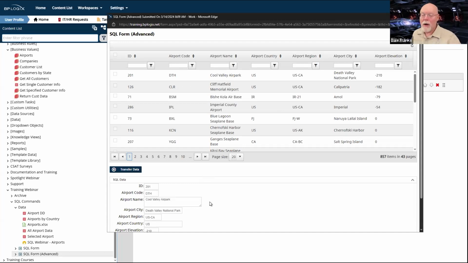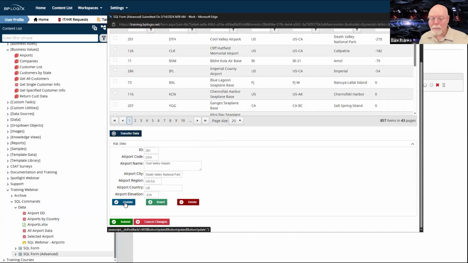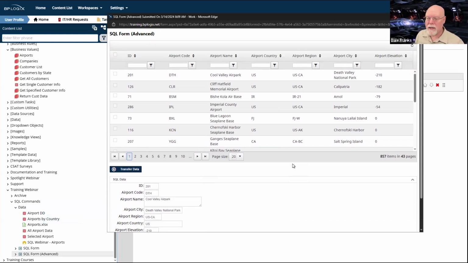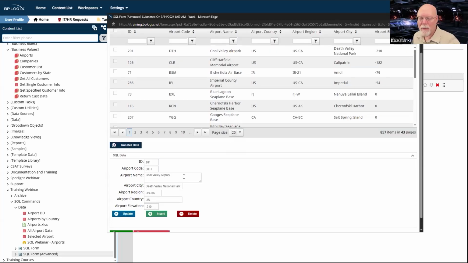Now, every time I hit the update button, it is running that update command that is in my SQL command custom task. And of course, when the form refreshes, it pulls back these 20 records for that business value. And I can see this shown fully right there in my data list. So as I make changes, the changes are applied.